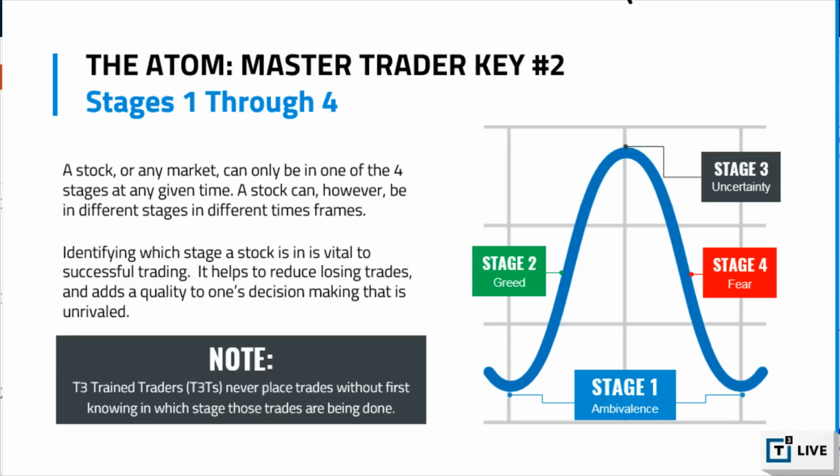Okay, anyways. So this is master trader key number 2. A stock or a market, remember this, can only be in one of the 4 stages at any given time. So it can't be in stage 2 and stage 4. It can't be in an uptrend and a downtrend on the same time frame. It can only be in an uptrend or a downtrend. However, a stock can be in different stages on different time frames. For example,